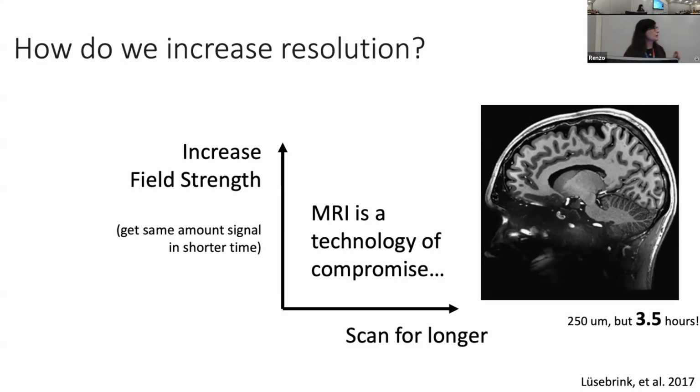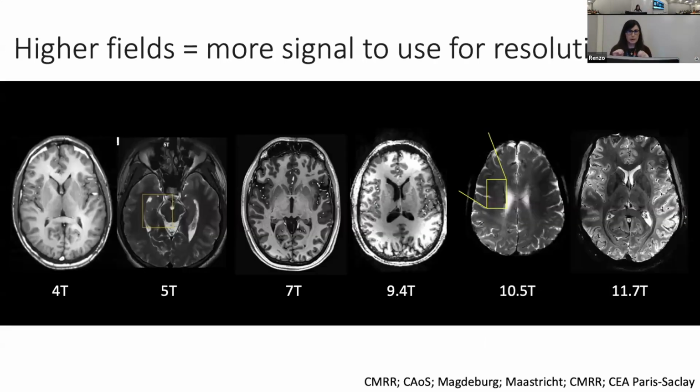Alternatively, you can also increase your field strength. And this we went over a little bit in Vinay's lecture on Tuesday, but essentially you get more signal in less time if you go to higher field strengths. And I know a lot of people probably have something in mind when they think of higher fields in MRI, but just to give you an overview of what has been done and what has been tried,